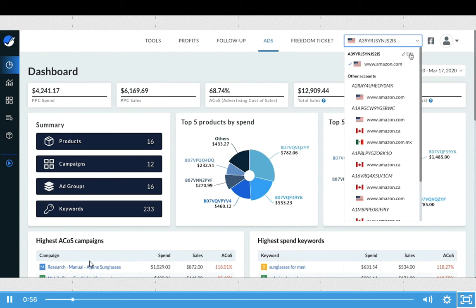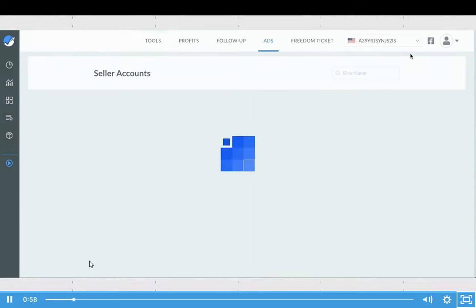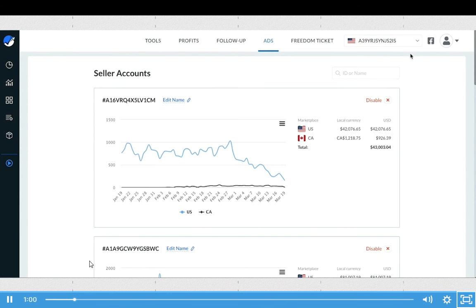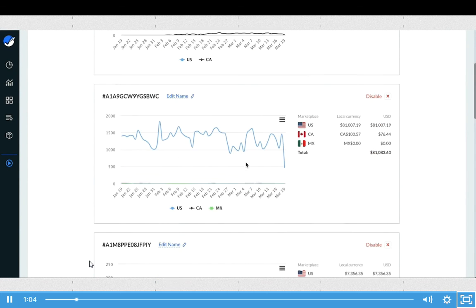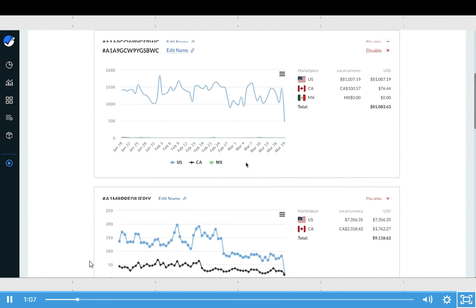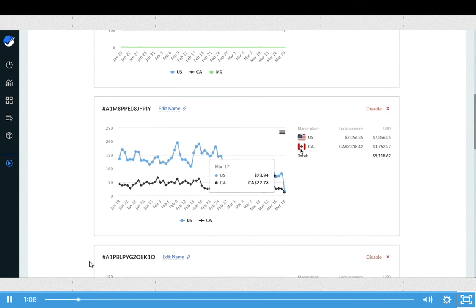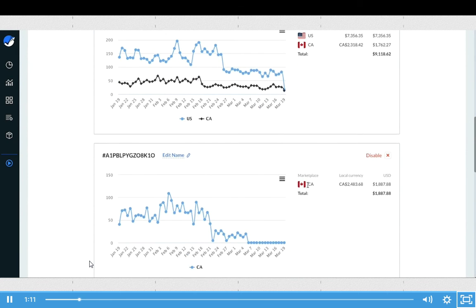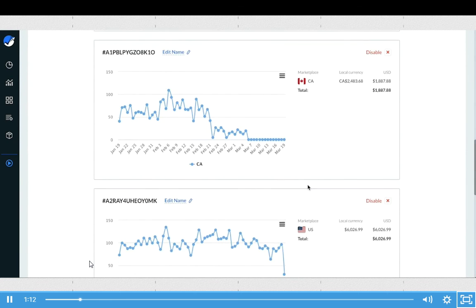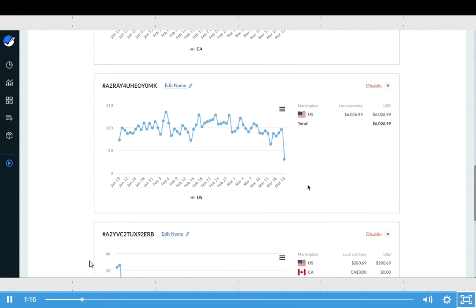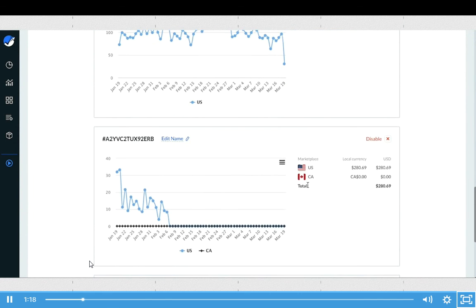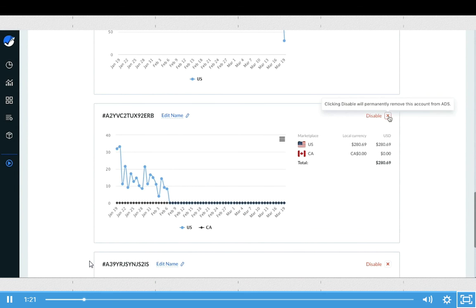So if you want to update those into a name that you'll remember or recall, you can do so by clicking on edit and it'll take you to the seller accounts page. This page gives you a 3-month snapshot of the account performance, as well as the marketplace in which the account is located. And if you see anything here that you do not want to have imported into ads, maybe it's an old account, something that you no longer are using, you can go ahead and hit the disable button and